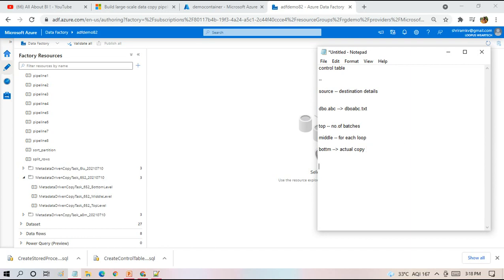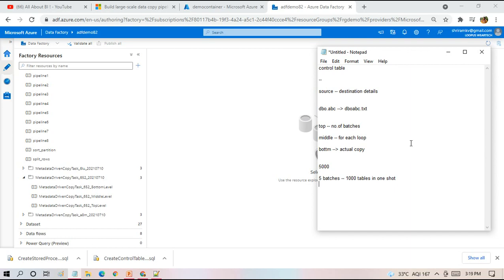For example, if you have 5000 source tables, you will have 5 batches if you decide to load 1000 tables in one shot. Okay, so you need not worry about how the internal logic of these pipelines works. It is very simple. It's going to control the number of batches, and inside each batch, the number of copy activities which are going to be executed in parallel. So it's going to control the whole flow basically.